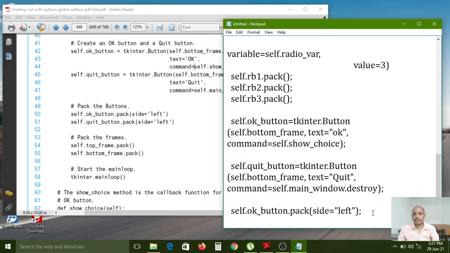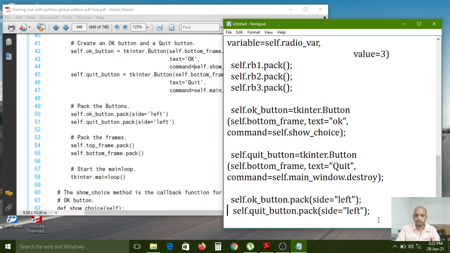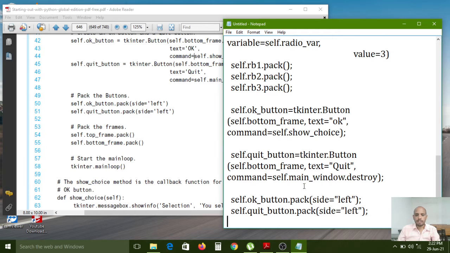Now same, I am copying and pasting, and here instead of OK button, quit button. Next, the buttons are also packed. Here the radio buttons are packed, and these normal buttons are also packed. Now I want to pack the frames also.